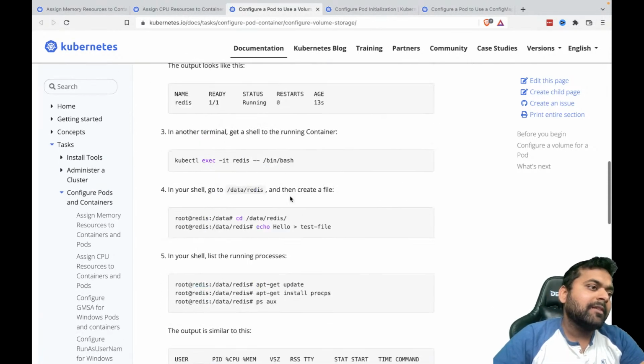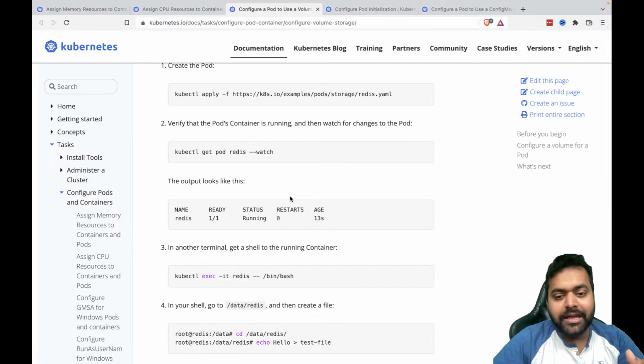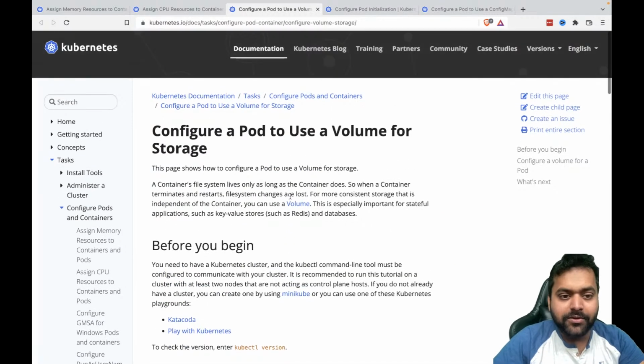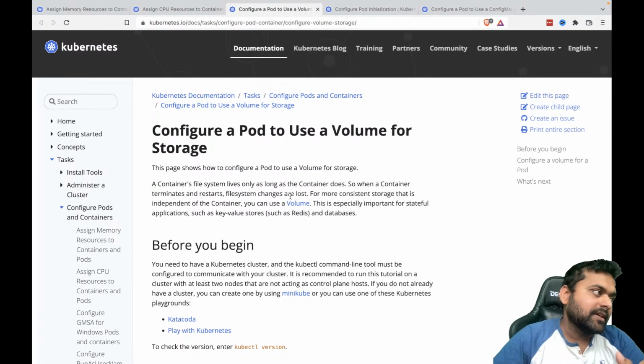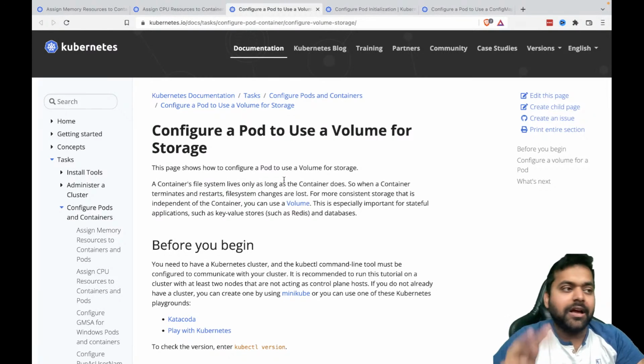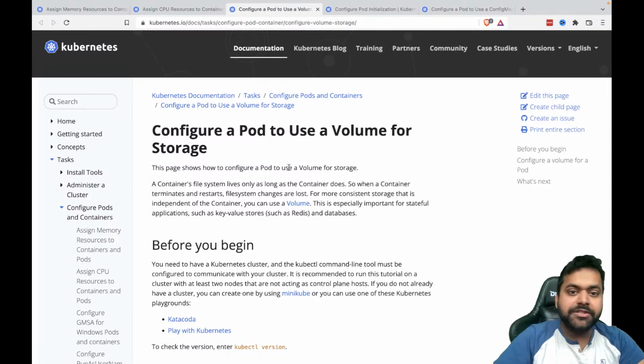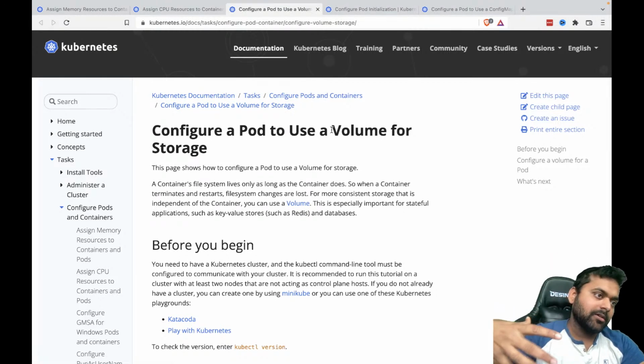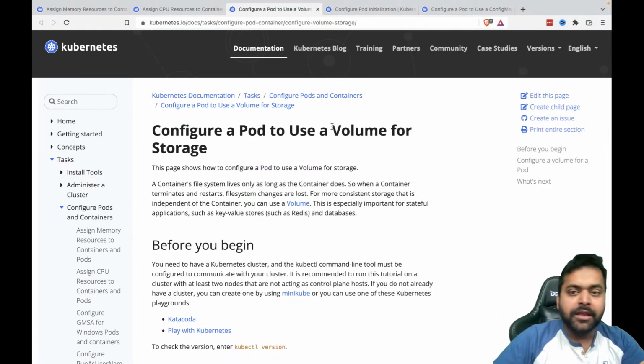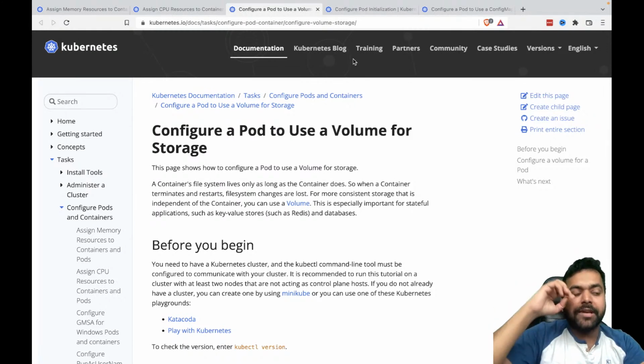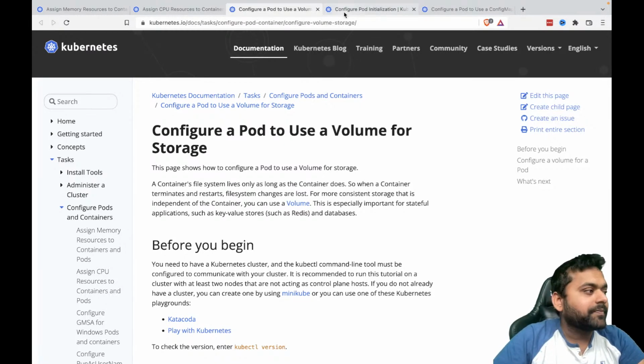Now, as I said, there can be many applications of this kind of volume, which we will see in the next task. But to share the data between two containers inside the pod, these kinds of things are easy. Okay, we can try this out with various things, and there can be many use cases regarding this. Nice. Any questions till now with regards to volume? Now, using this volume terminology, we are going to see the next bit, and we'll see how it is being used in a real scenario. Okay,